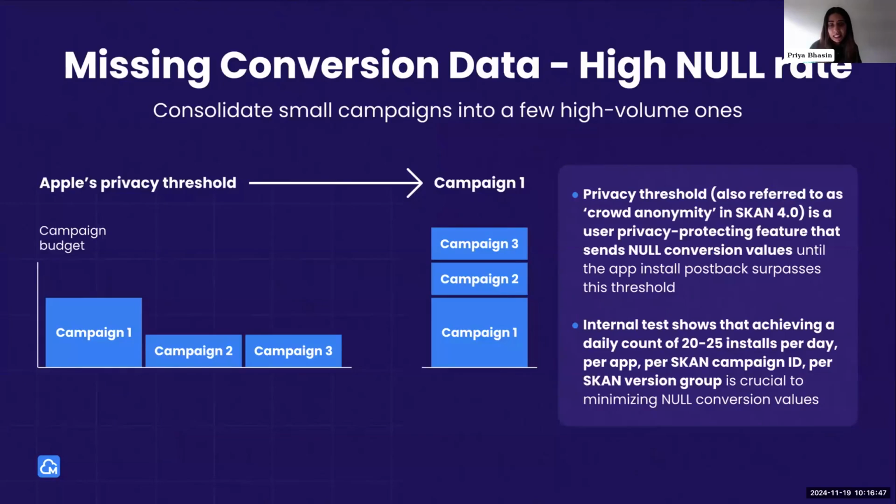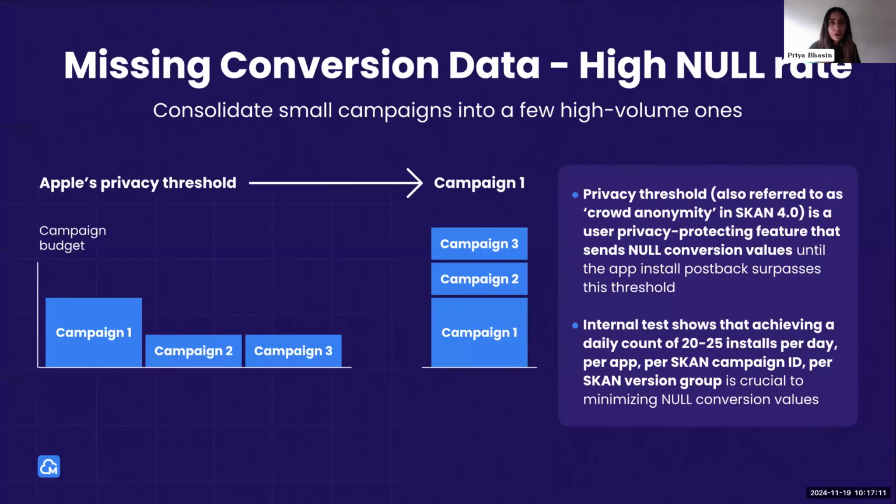The second issue we see is on the missing conversion data, which we also refer to as high null rates. Meeting the crowd anonymity threshold on SKAN is another frequent challenge, often resulting in missing conversions. This may also contribute to higher CPIs on the performance side, as the anonymity threshold becomes harder to reach on a limited